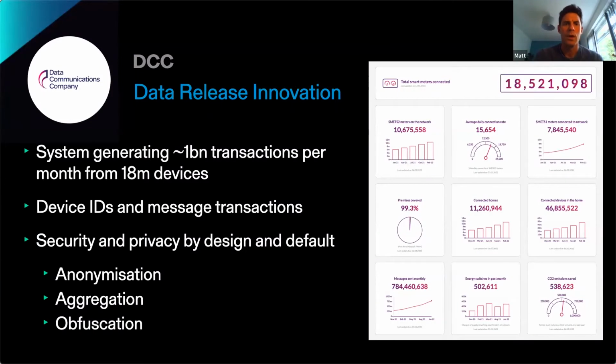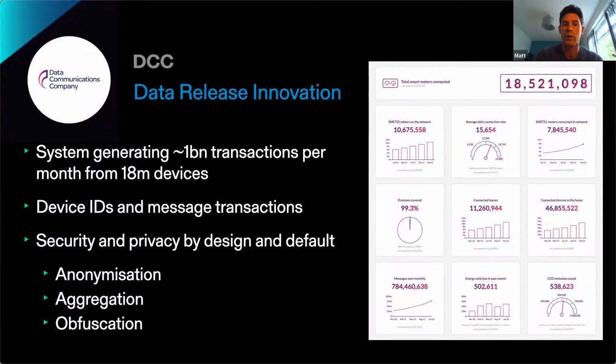Because of the nature of the data, a key aspect here has been data privacy, and we've worked really hard to ensure that the risk of any kind of consumer harm is absolutely minimised, and we're very comfortable that it's incredibly low. In terms of modification of the data, what we've done is firstly anonymisation. So we have a randomly generated device ID within the data set. So we've managed to retain individual records, but there is no link back to identifiable data. That's deleted at the point of generation.